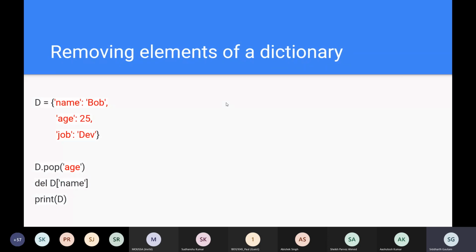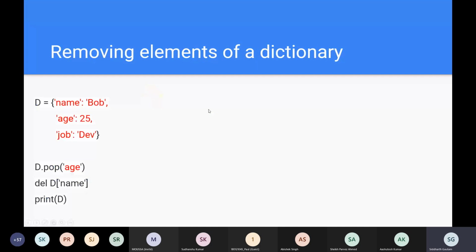Similarly, let's take a look at whether we can remove the values of a dictionary, the values along with the key. It's not like the key will become empty. Let's take a look at whether the key becomes empty or if it has a value. We should always experiment to enhance the learning. We have two functions here: we can use the pop function and we can use the delete function. We will take a look at both of them.